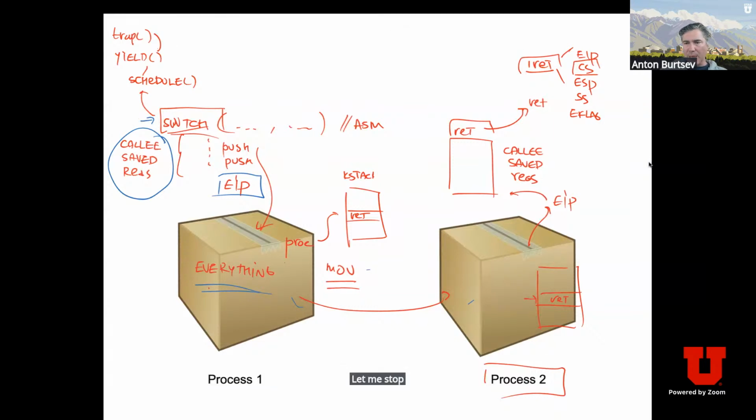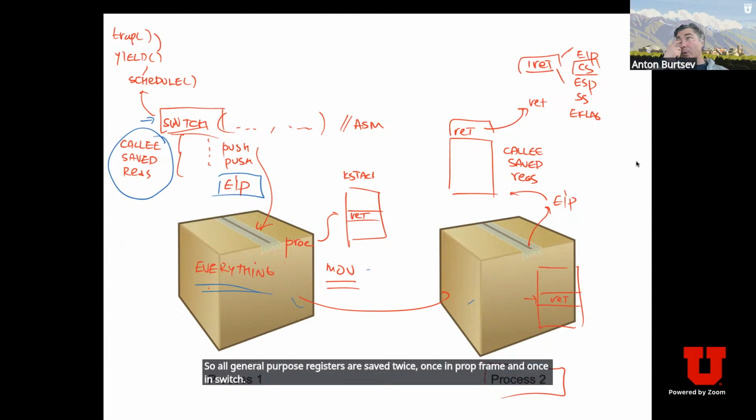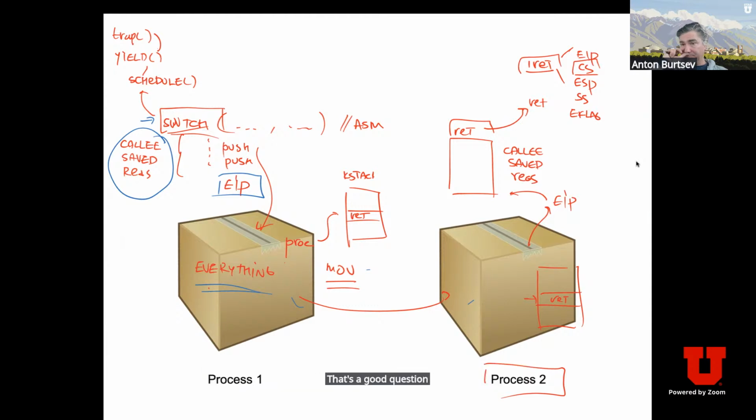So I have a couple in chat. So all general purpose registers are saved twice, once in trap frame and once in switch. That's a good question. So actually,